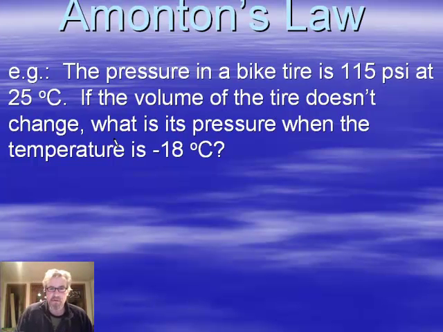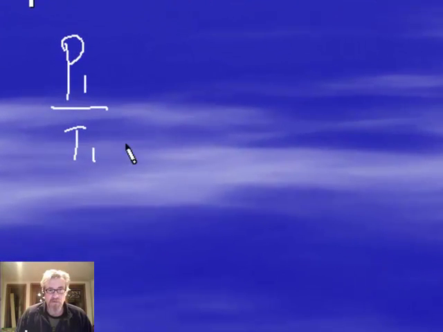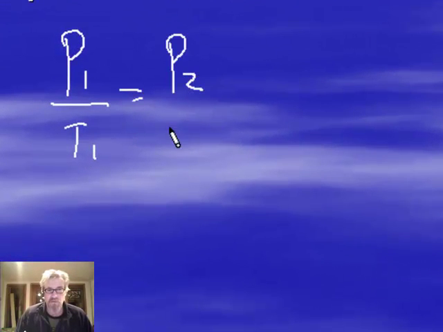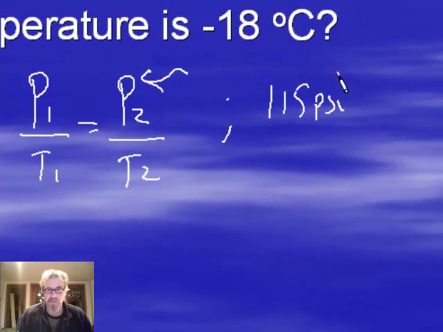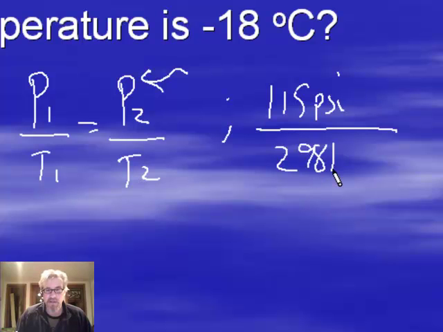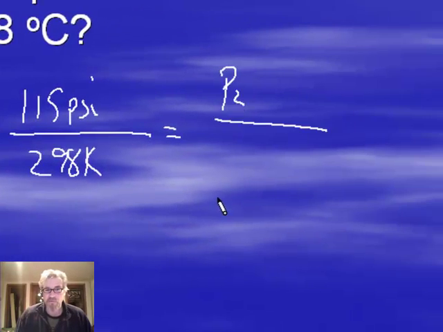Let's try it. Pressure in a bike tire is 115 psi at 25 degrees C. So P1 over T1 equals P2 over T2. And we're supposed to find out what's P2. Let's put numbers in here. P1 is 115 psi, pounds per square inch. T1 is 25 degrees C. Well, that's 298 kelvins if you add 273 to 25 degrees C. P2 is our unknown, and our second temperature is negative 18 degrees Celsius. So if I take negative 18 and add 273 to it, I get